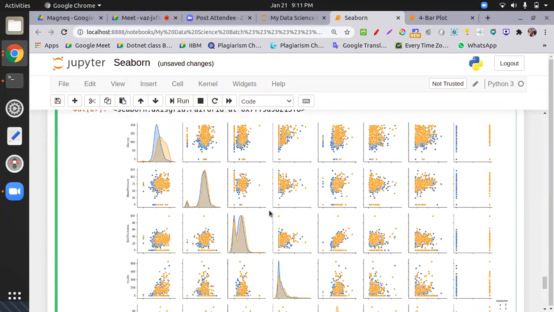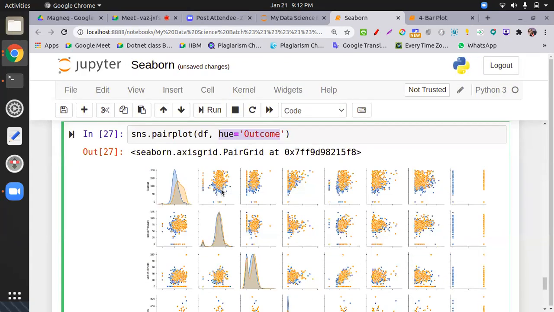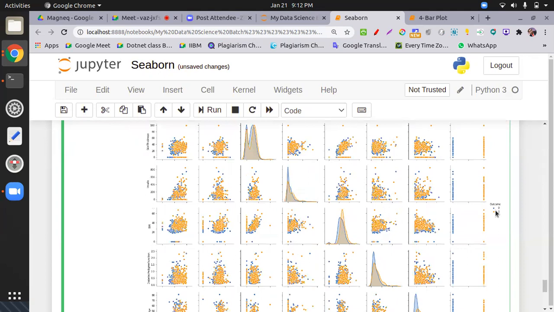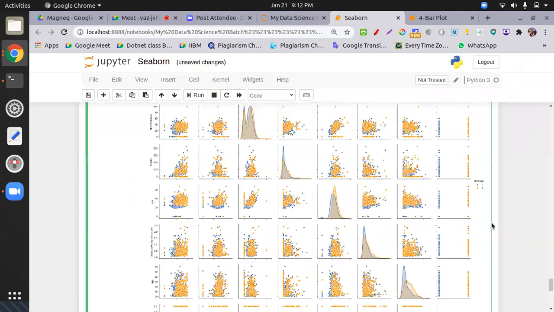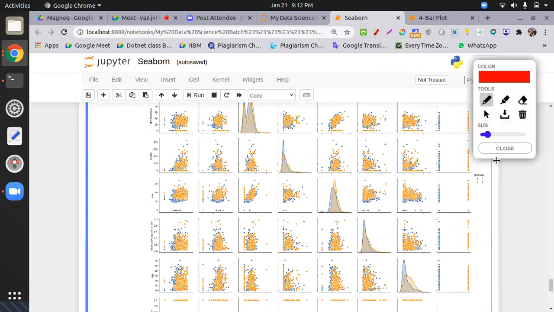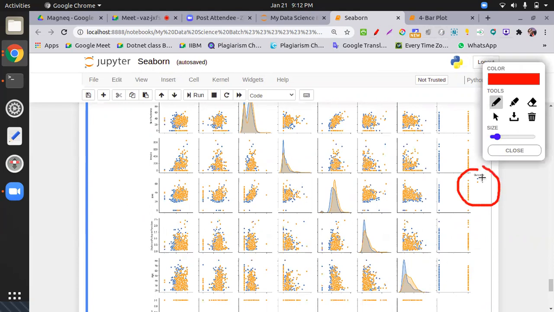So what I put over here, hue means the classification column. Hue is classification. What happened? The data is divided category-wise. We have two categories, mentioned over here: 0 and 1. Actually, there are a large number of charts, so they are very small. Always use hue equal to. Got it? You get blue for 0 and orange for 1. That means all the blue points belong to non-diabetic, and all the points with 1 are diabetic points.